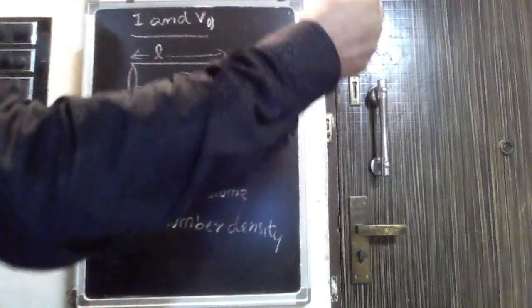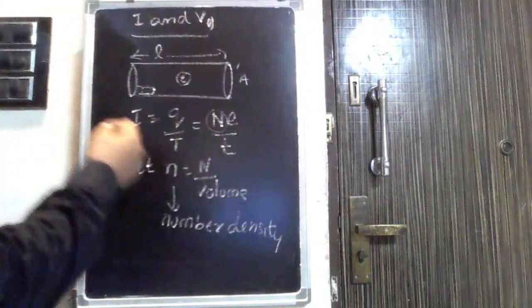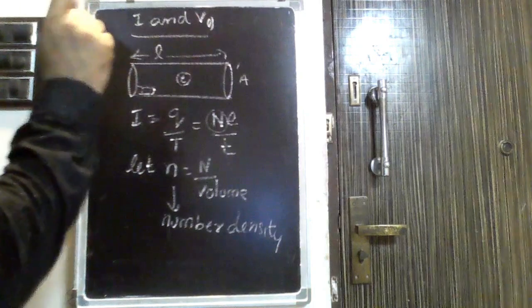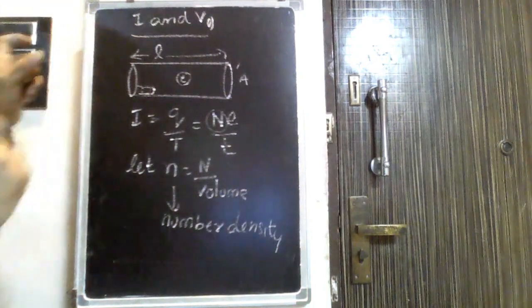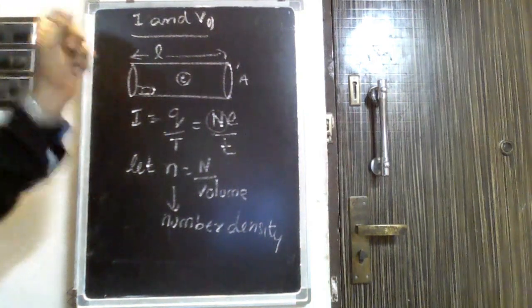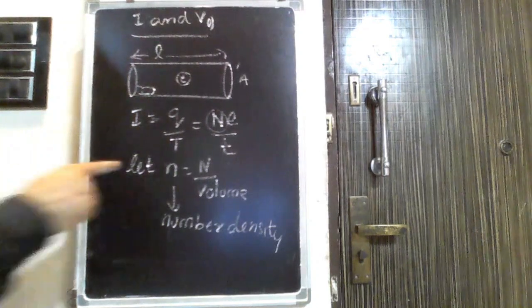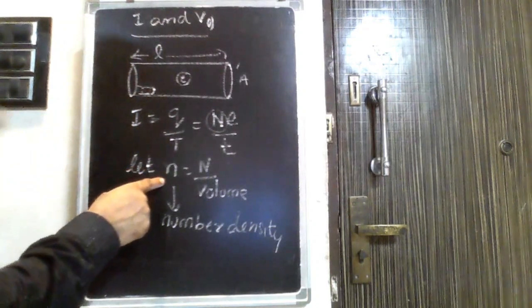I don't know what the volume of the wire is. It may be anything I want. I'm not bothered. But I'm finding out the electrons that are present in 1 cubic centimeter. So I take a 1 cubic centimeter copper piece, and in that, how many electrons are present? That gives you this value. This is called number density. Once I know this,